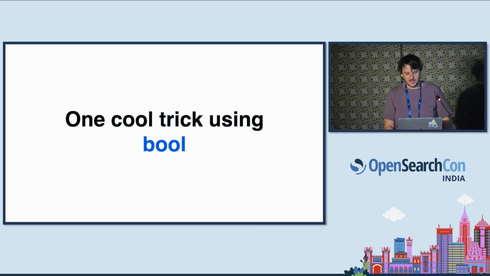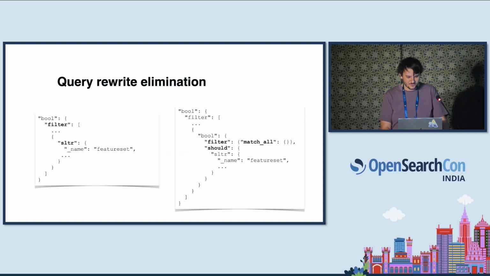Finally, on Boolean queries, I just wanted to show you one cool trick we discovered as part of this. So one of the things that OpenSearch does internally is it rewrites your query to try and make it more efficient. There are a lot of optimizations that happen around Boolean queries, particularly in cases where they have things like match-alls, and in certain cases it's able to simplify the query